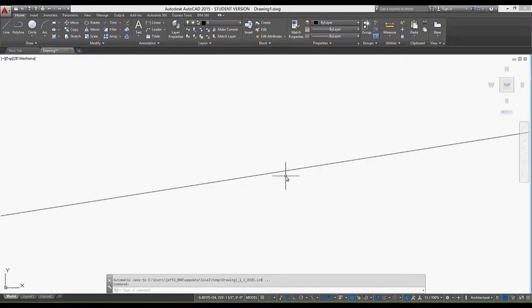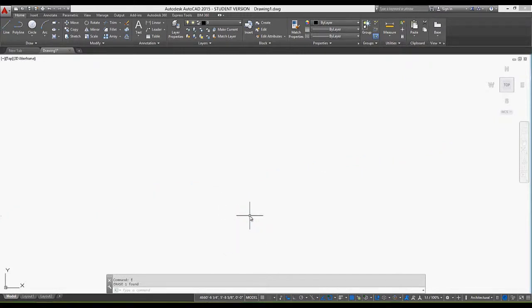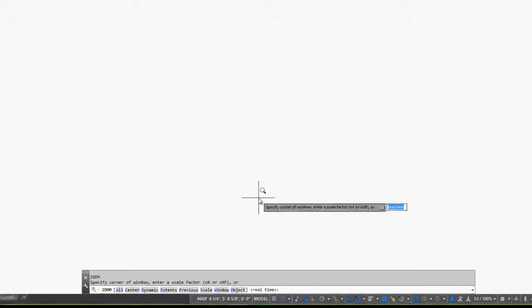So then what I do is I select this line by clicking on it, and then I hit E. E is for erase, as you can see below, and hit enter. Now I want to zoom extents again, because once I've gotten rid of that line, when I zoom to the extents, it'll zoom to the extents of those objects that I created in that space. So I'm going to type in Z again, and I can type in E again,